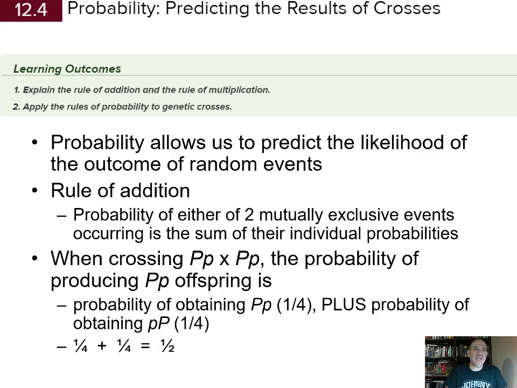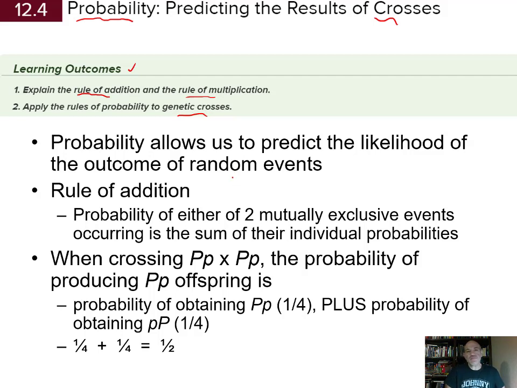So here we're going to do a little bit of probability. Probability can be used to predict the results of crosses, one trait or two trait crosses. Your learning outcomes here are to explain the rule of addition and the rule of multiplication and apply these rules of probability to genetic crosses. I'll give you a couple of examples using the rules of probability to solve even more complex problems than